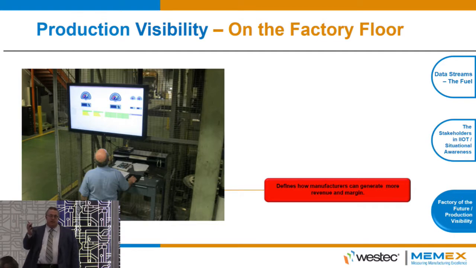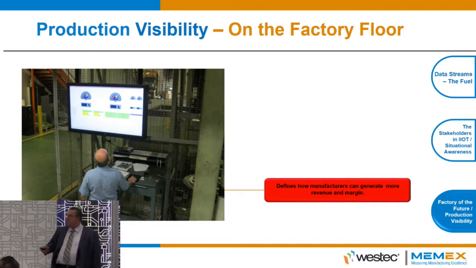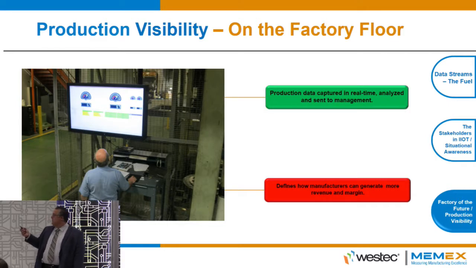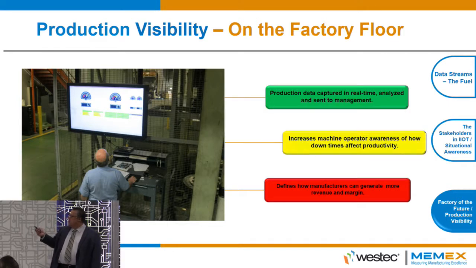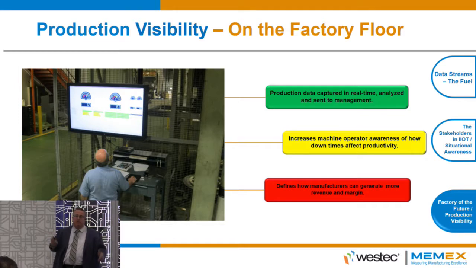I can't explain it other than the psychology of nobody wants to be looked at as a laggard. Everybody wants to do their job and do their job well, and so you'll get 6 to 10% productivity increase just by giving the operators transparency and visibility of the production process. And then obviously increasing operator awareness. So the operators can actually see what's going on, and they can actually see when they're making a positive impact to production. Everybody feels good.